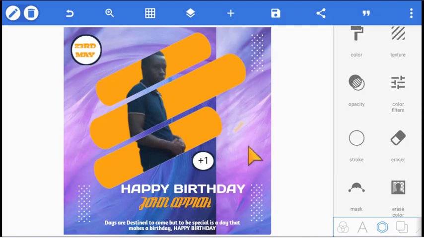So this is a simple way of creating a birthday flyer. Okay, so I'll end the lesson here, and you're going to continue in